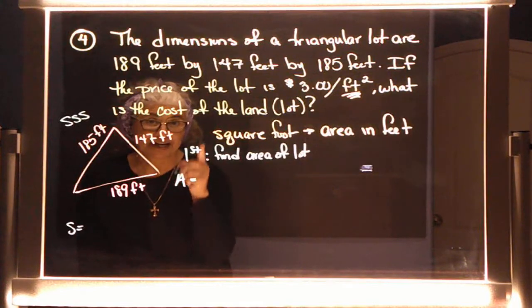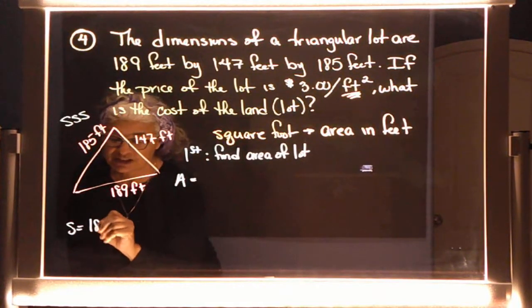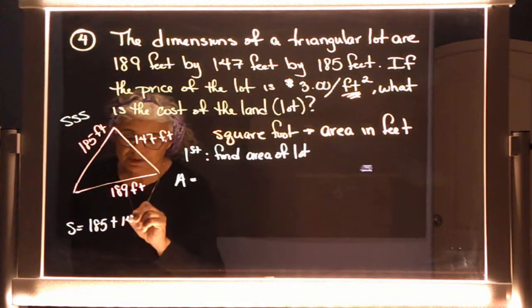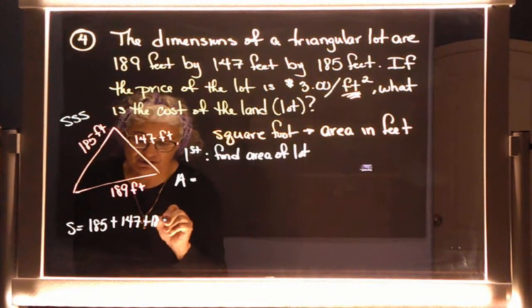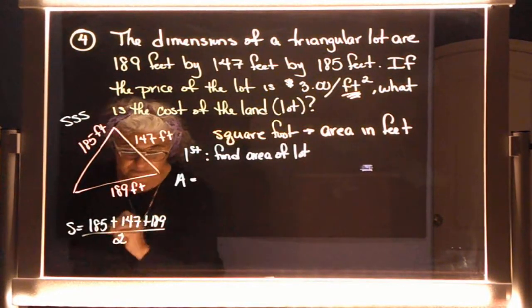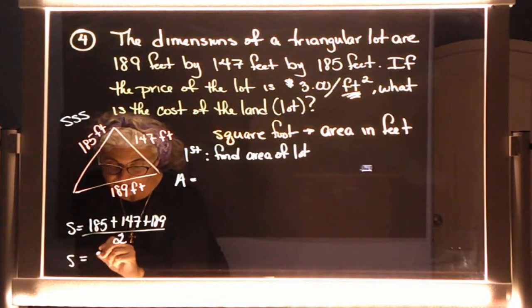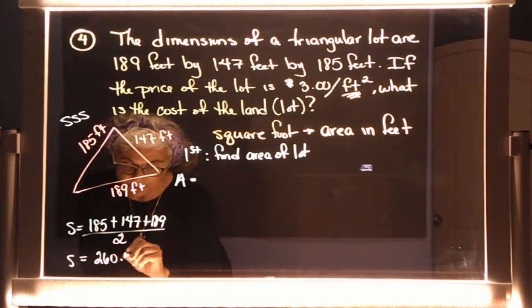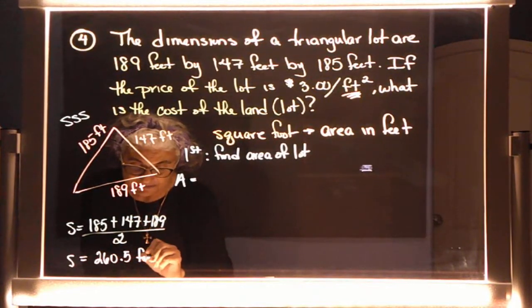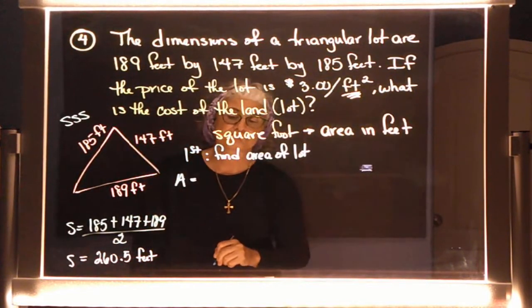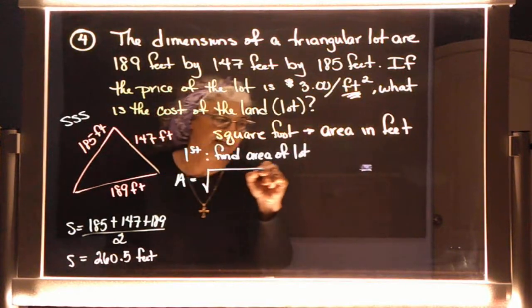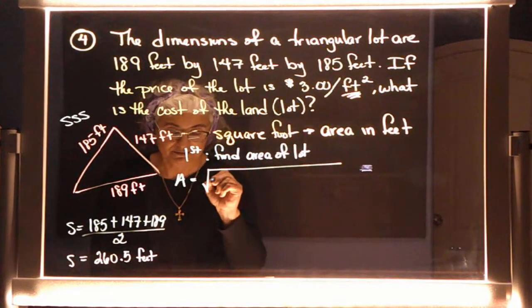Agreed? And Heron's formula says you need to know the semi-perimeter in order to figure out the area. I got the semi-perimeter was 260.5 feet. So when we plug that into Heron's formula,